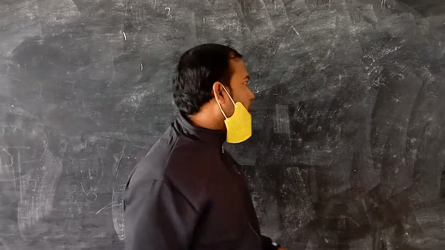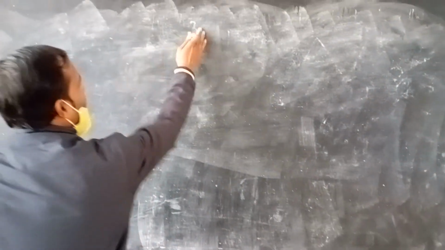Hi students, today I am going to explain one important chapter, that is perimeter and area, which is in class 6, 7, 8, 9, 10 and onwards. Most important chapter and easy also, but for that you have to know some formulas, then only you will be able to do it. Okay, first say what is perimeter.